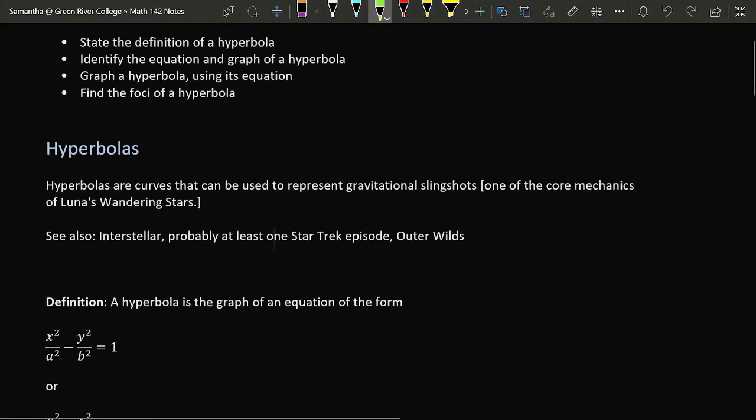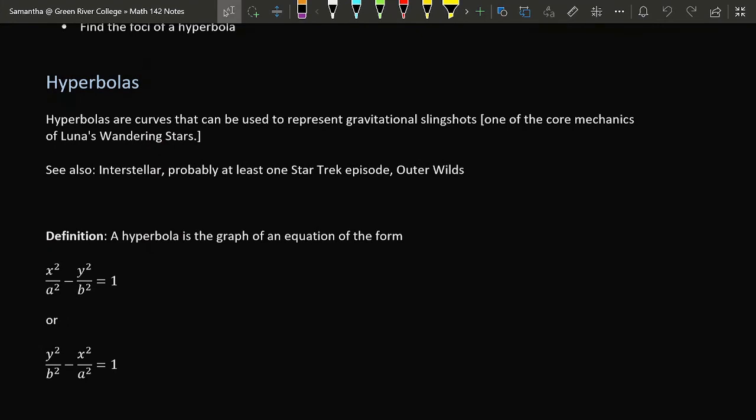We are once again returning to space to look at applications of hyperbolas. A gravitational slingshot involves launching an object toward a sun or planet or star, or a black hole or something like that, with the intention of the planet exerting gravitational force on the object, not to pull the object into the sun, but to sort of whip the object around the sun and send it off in another direction.